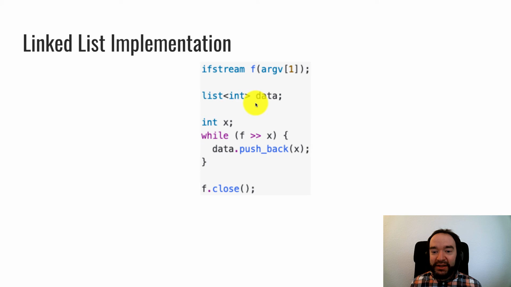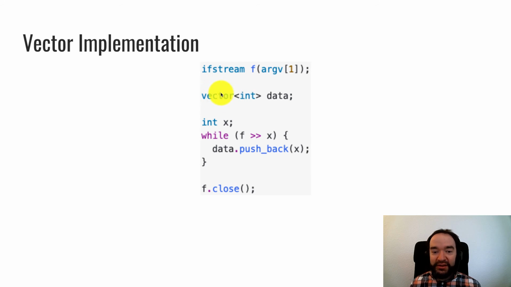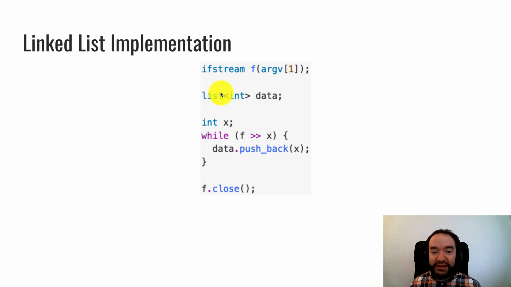Finally, just to complete the trio, I have another version that's using a linked list, and we'll get into that in more detail later. The only change between this code and the vector code is changing the word vector to list. This is showing off how we have an interface that we've implemented in different ways. And this one is also fast at linear time.